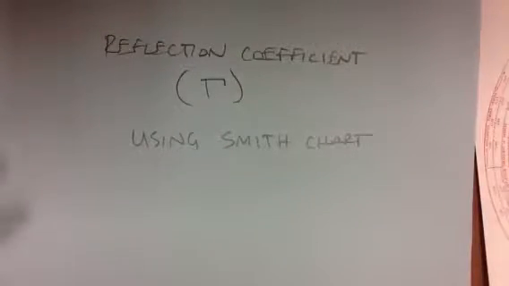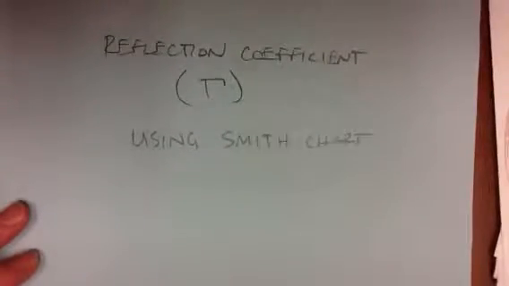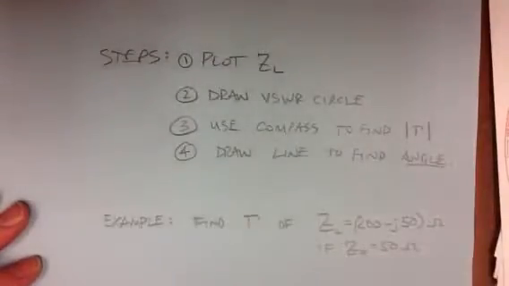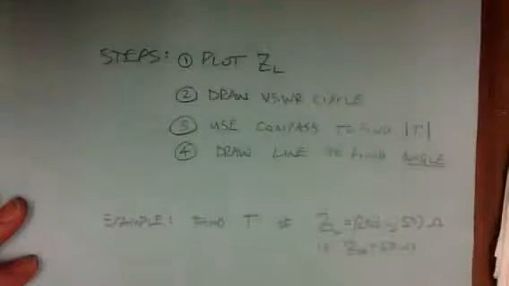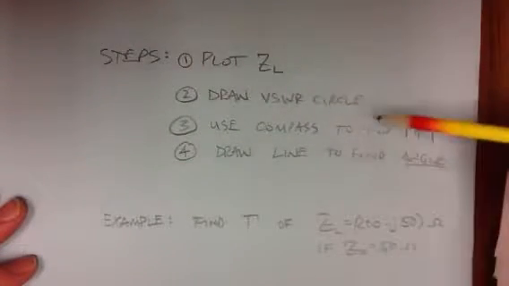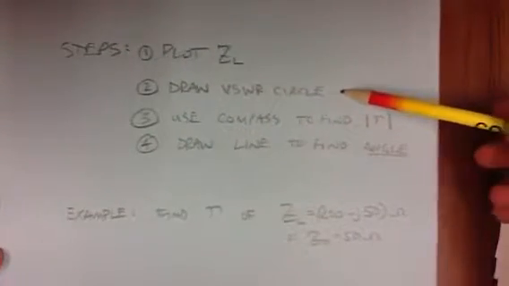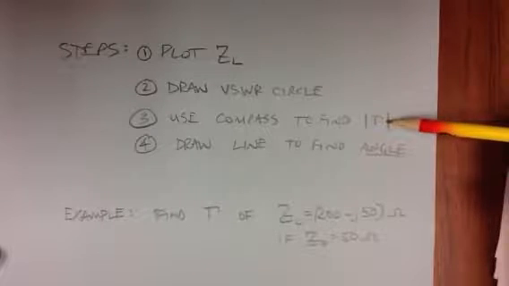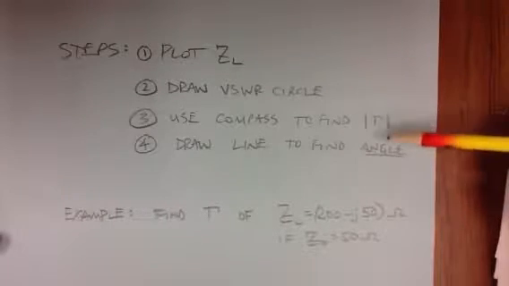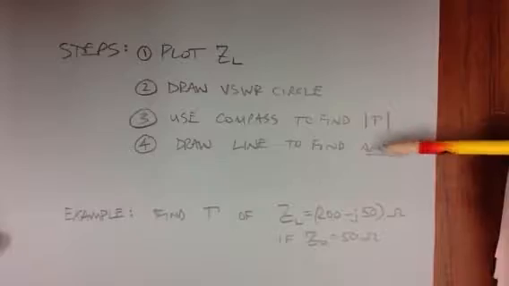This is how you find the reflection coefficient using a Smith chart. So you have the Smith chart here. This is the Smith chart. First thing you do is you plot the load impedance, then you draw the VSWR circle, then you use a compass to find the magnitude of the reflection coefficient, and then you draw a line in order to find the angle,